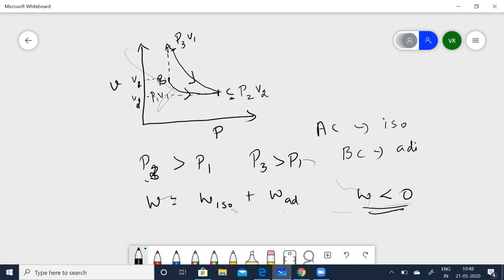Yeah, in other words, you can also put it this way. P2 is lesser than P1, but they are now at the same pressure here, right? They are going to be the same. So P3 is also definitely going to be at the point P1. Okay, so that's why we say P3 is greater than, right?